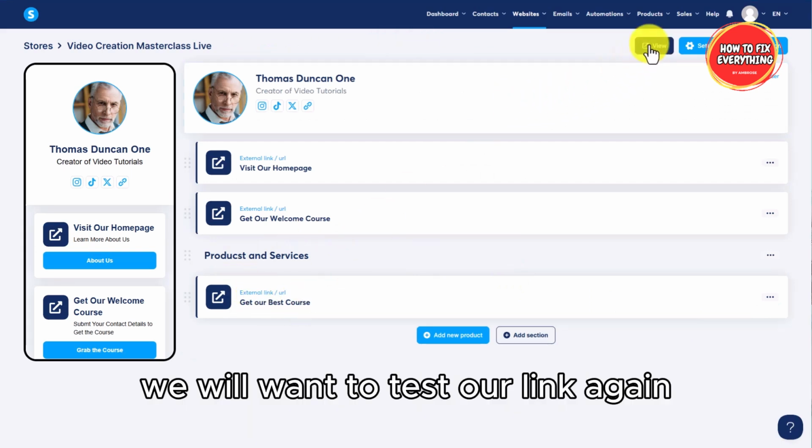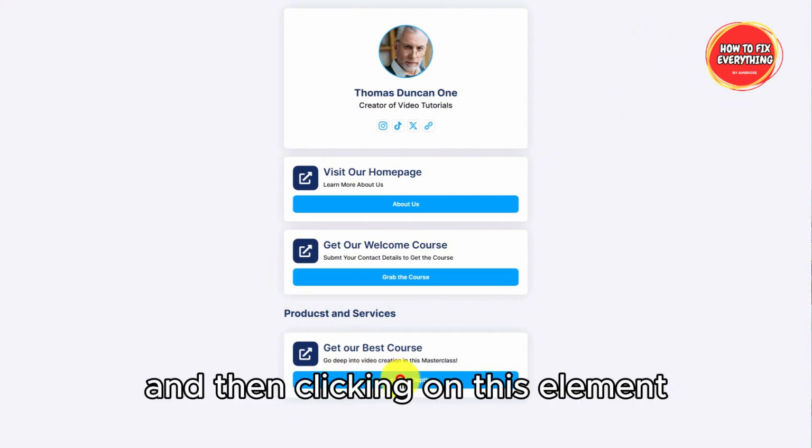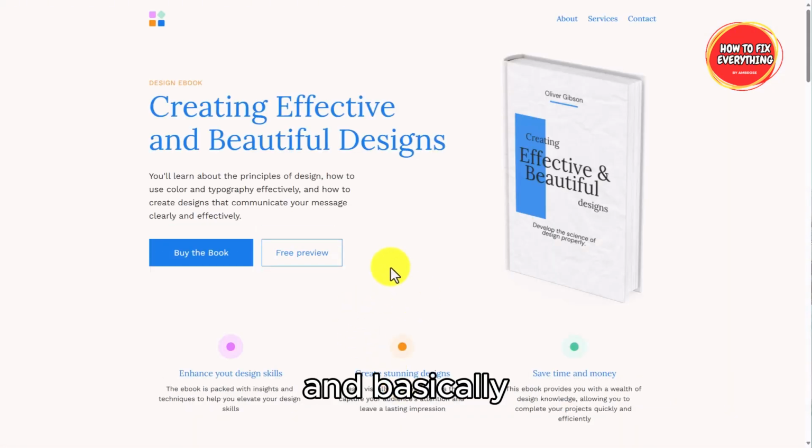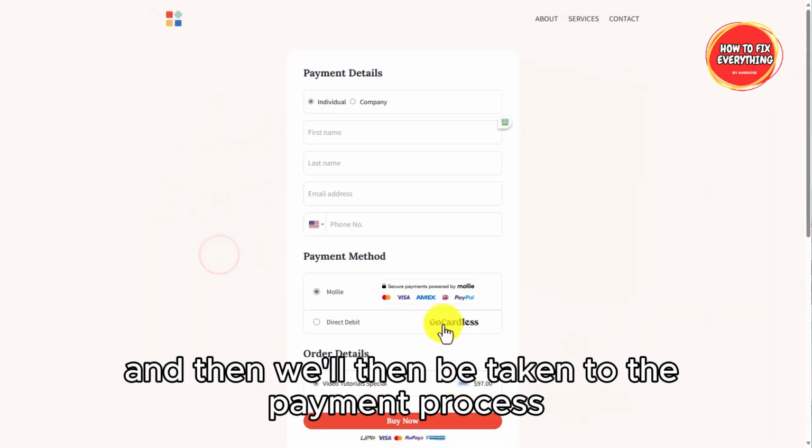We'll want to test our link again by going to the View command and then clicking on this element. And basically, you'll now see that we end up on the landing page, and then we'll then be taken to